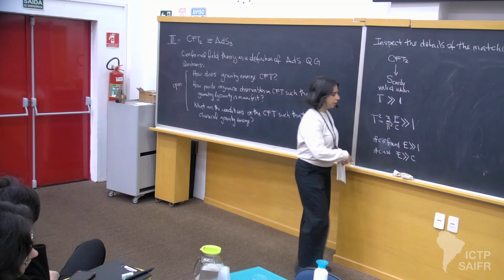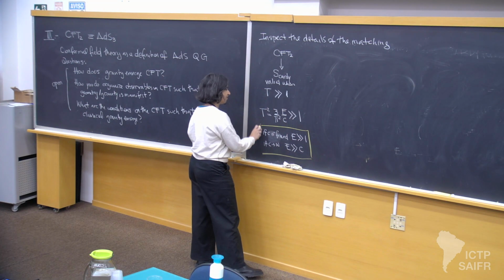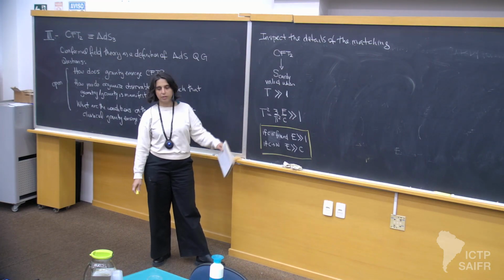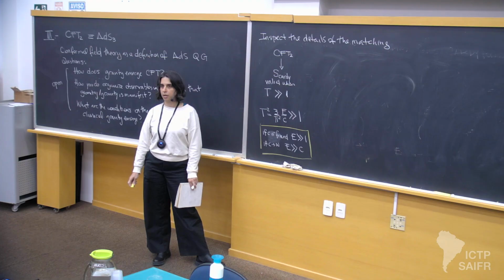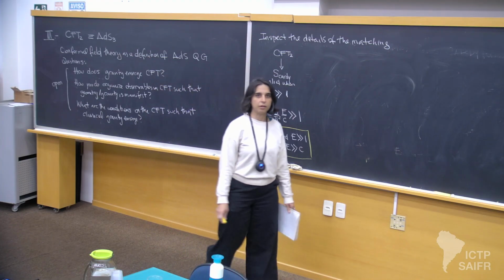This equation here, these statements here are telling me what type of primaries, what type of states you are counting when you say that the entropy of the system went like a square root of the energy, okay? It's giving you a characterization of the type of states that you're counting.